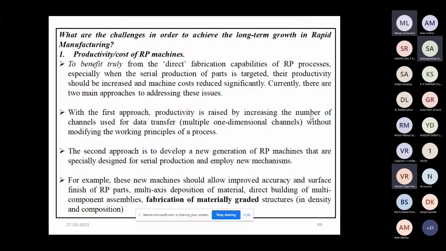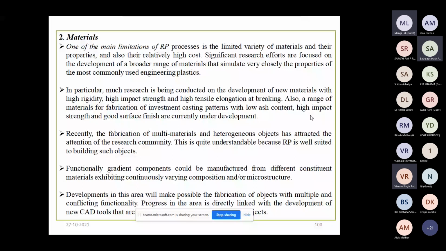And again, the material. Material freedom is very important because a certain technique can be compatible with only a certain material. In stereolithography, obviously you cannot use metal. Similarly, in fused deposition modeling, research is going on to use metal filament. So this is based on the material. And then process planning.